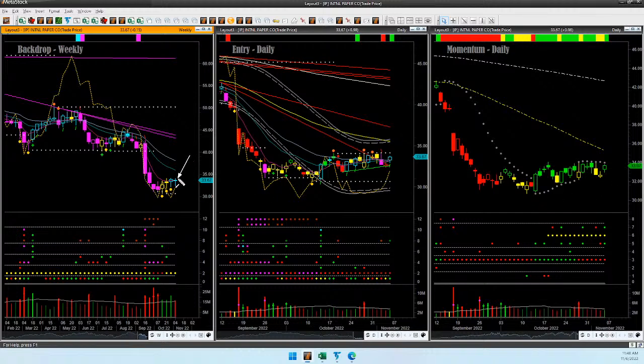Weekly backdrop bullish. Weekly, this is International Paper, IP, and notice what happened just before that. 3 bullish indecision in a row. As I mentioned in the master classes, one is important, and when I have a series of them, then we take it even more seriously. And backdrop color turned bullish.